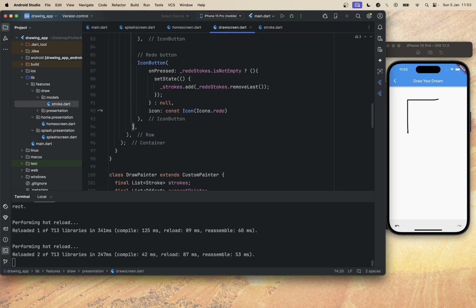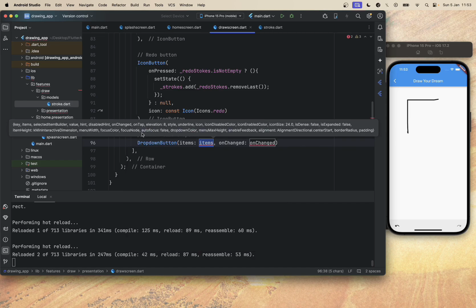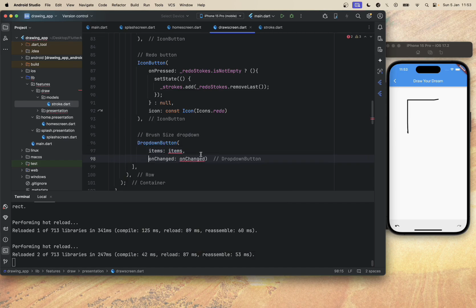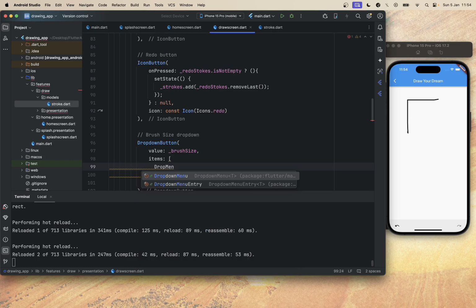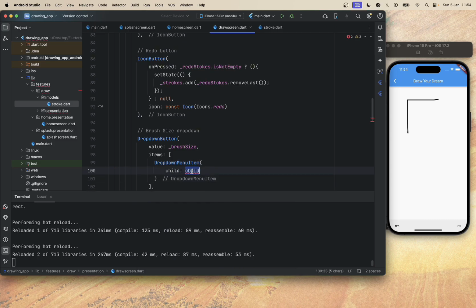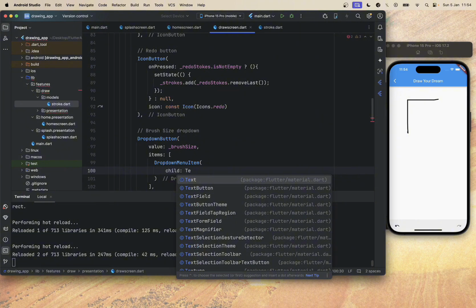Once we have this, the next step will be to add a drop down button, for example, for our brush. So let's just do it like so. The brush size drop down. So let's just use the drop down. You have the item, the unchanged, and if you want, we can also display the current one. You can add as many as you want, to be honest. But in my case, I'm just going to add three menu items,